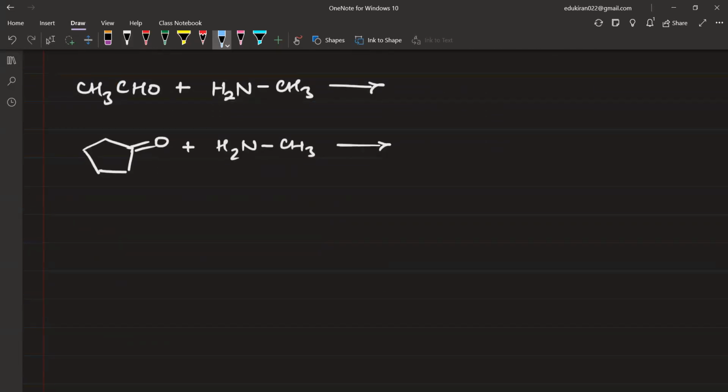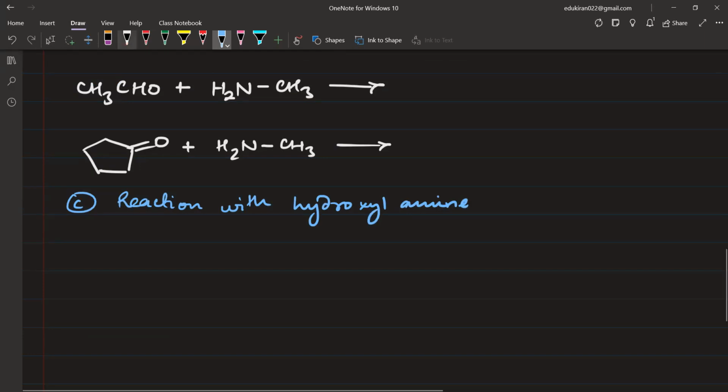Write the C part. Reaction with hydroxylamine. Hydroxylamine is H2 bonded with nitrogen and then OH. Please write, it forms